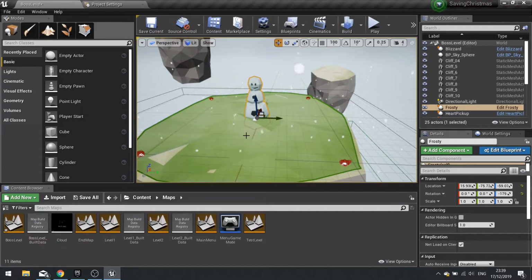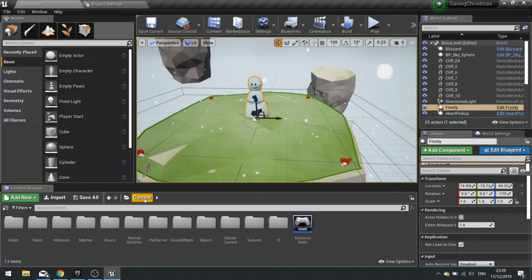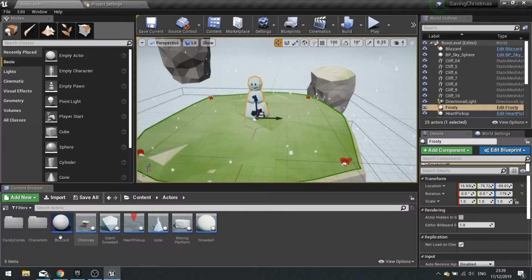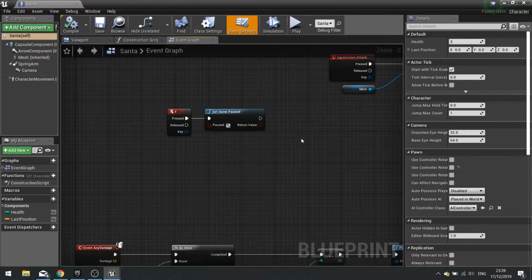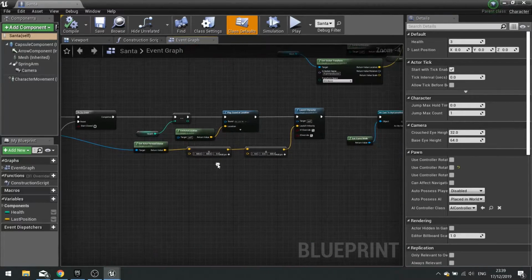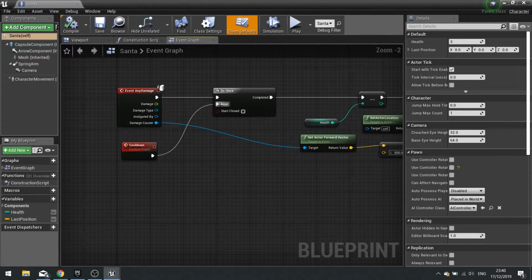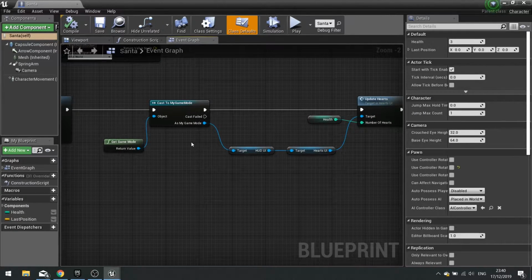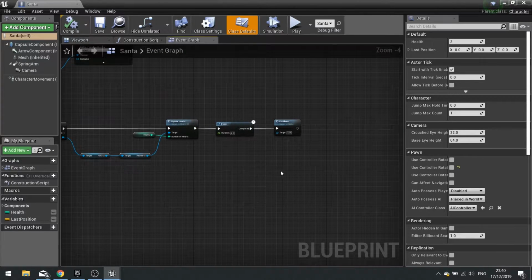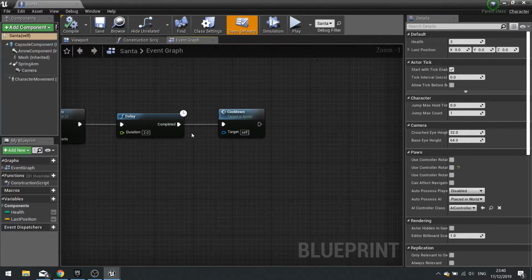The lose scenario is a bit different, okay? So when we lose, we want the game to basically disable input for a while and then return and reopen the level up. So let's go into doing that. So I'm going to actor, characters, Santa. And when he receives damage, any damage here, we've got health being played, got launch character, cast a game mode, and we've got a little cooldown as well here.